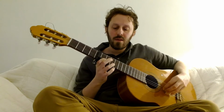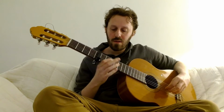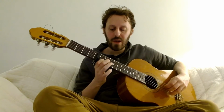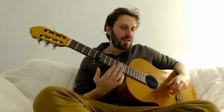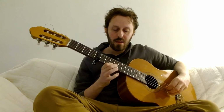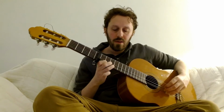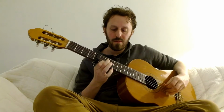So notice one other thing that I was doing here is doing that little bend, right? So like that, right? So it's basically sort of adding that, which would be the note from the blues scale. It's doing it in a pretty subtle way. So you're not doing, it's not that, it's more so